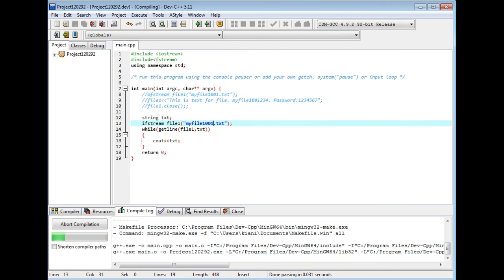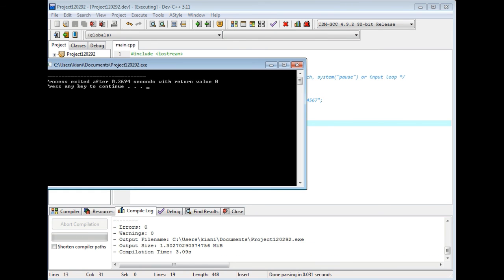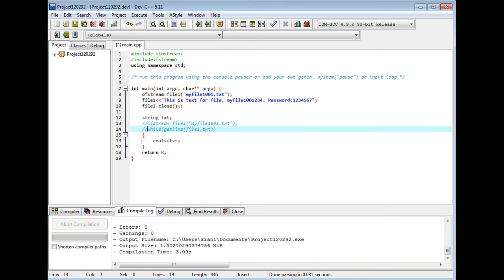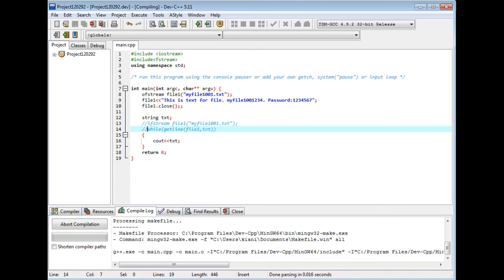So we should write ostringstream. We should remove this and remove this line. Now we compile it.